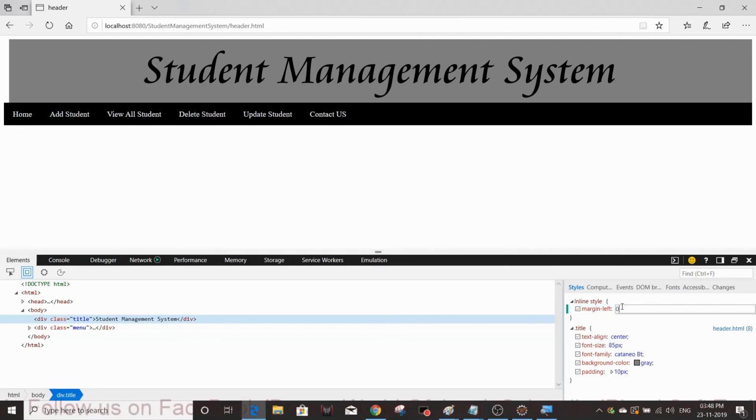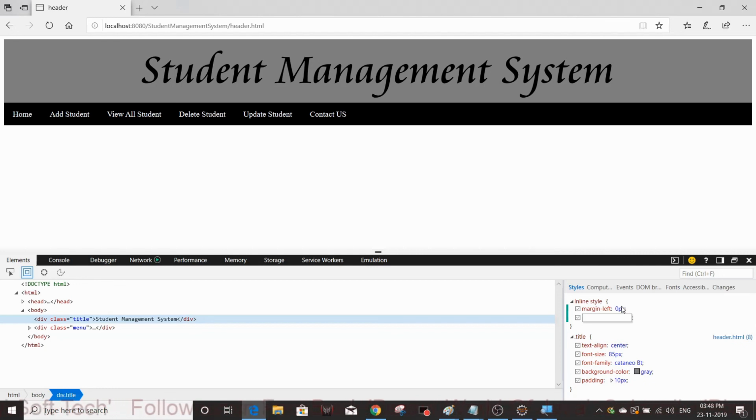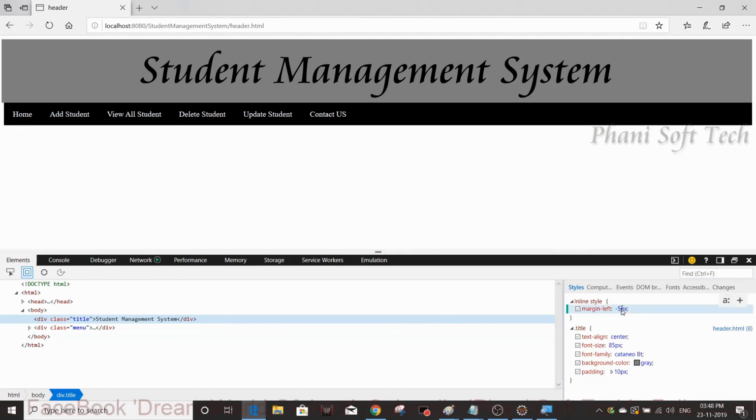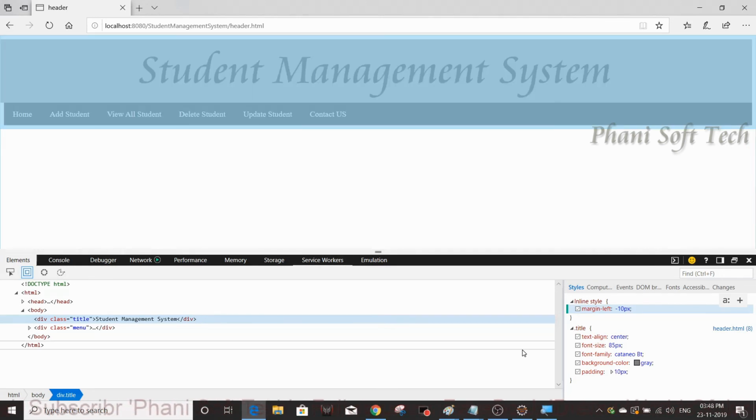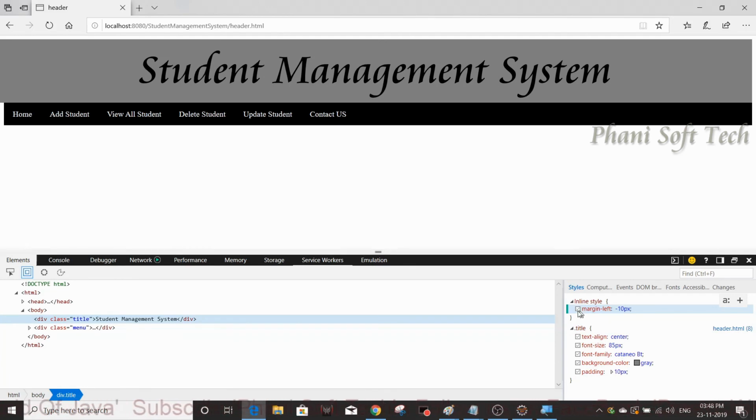For example, if I give 0 pixels, what will happen? This 0 is the default one, so I want to give minus. I'm going to give minus 5 pixels. See, somewhat it's reducing. So instead of 5, I can give 10. Hit enter. Now it's perfect. Like that you can find which style we need to give. So we know margin left minus 10 px is the correct style.